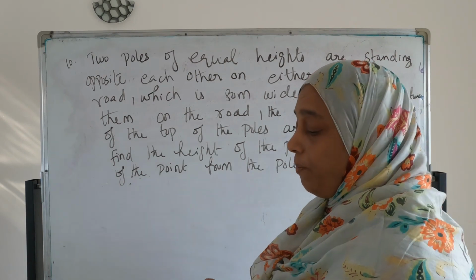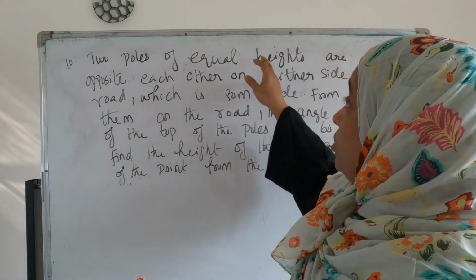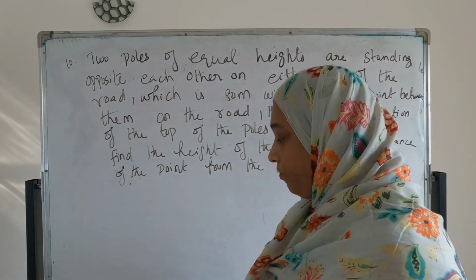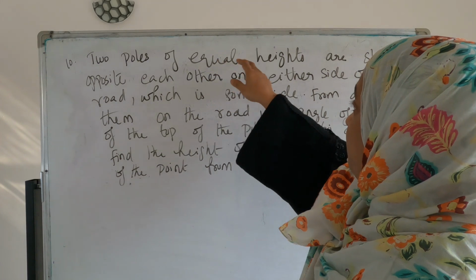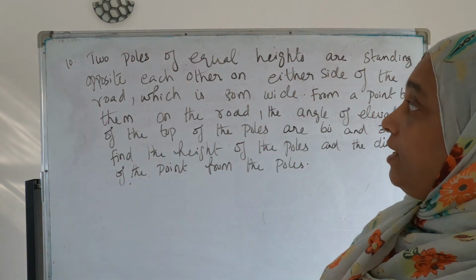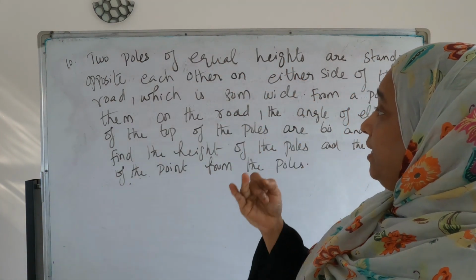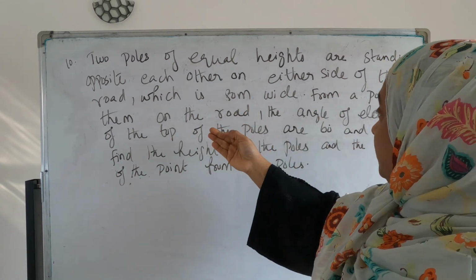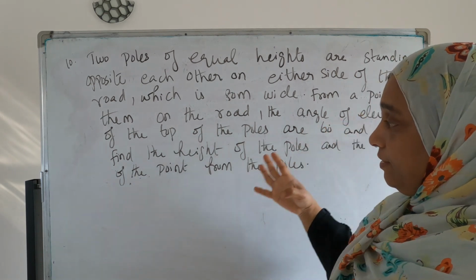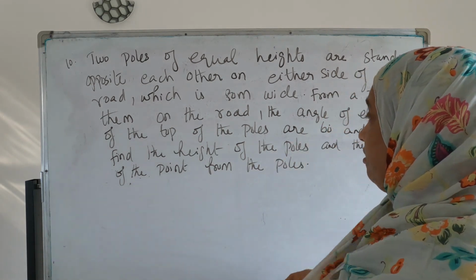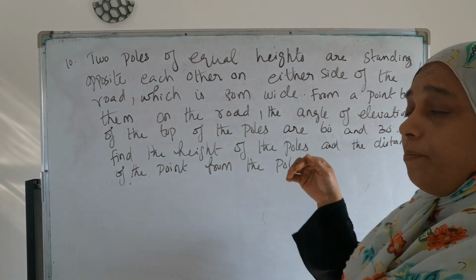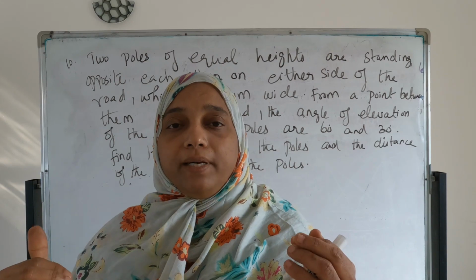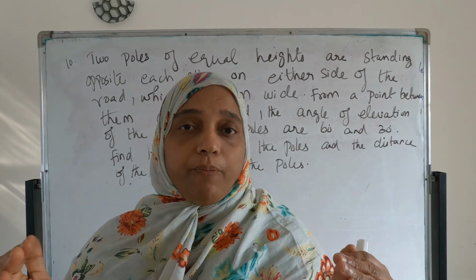And another point we have to notice here: these two poles are of equal heights, like this marker. So first, they have given us that both poles are of equal height and standing on opposite sides. Then the width they gave us is 80 meter. Then the angles of elevation are 60 and 30. What we have to find? The height of the poles, as well as the distance of the point, where we are standing and looking up at the poles, from the poles